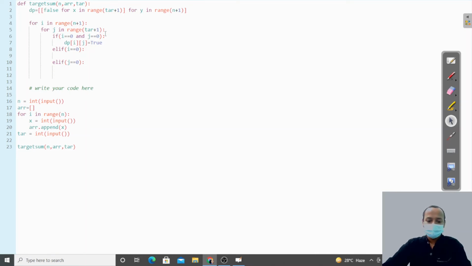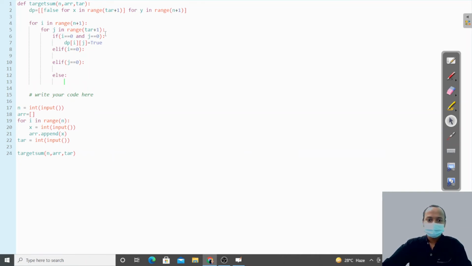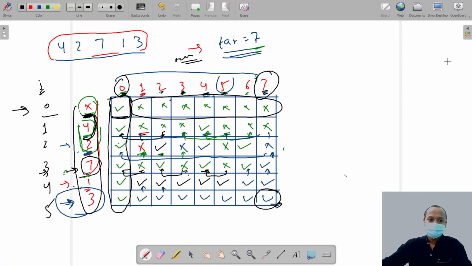Now else we doing some work. Okay, now if you see, when i equals 0, and see here, this is the 0 1 2 indexing of the array. So this is 0 1 2 3 and 4. If you see, this is the j, this is the i. Okay, and we get the value of the array at 0, that means i minus 1. So we get the value at i minus 1 of the array, right?